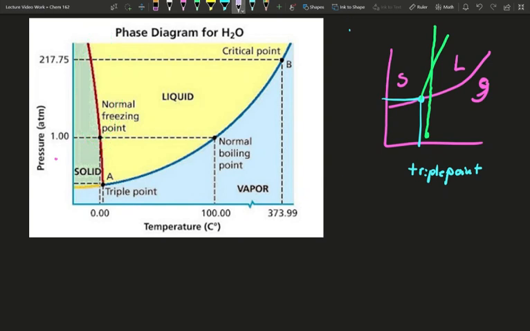The last bit for phase diagrams is the critical point. When we talk about liquids, solids, and gases, those are not all the phases of matter. Sometimes we hear about plasma and whatnot, but a supercritical fluid, basically you have a gas. All the particles are really energetically moving because it's very high temp, and you start to compress it. But they are so energetic they can't really lock into place. They can't really start rolling around each other and sticking because they just keep trying to bounce free even if they can't. At this point, if you then started to lower the temperature, it would start to look like a liquid,